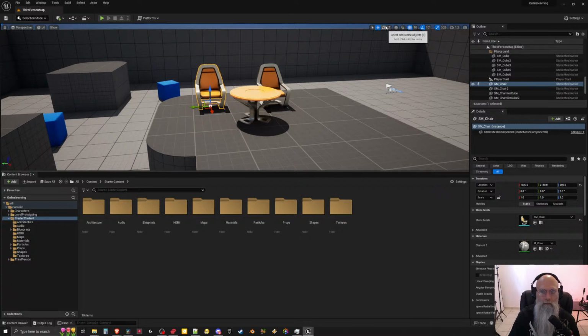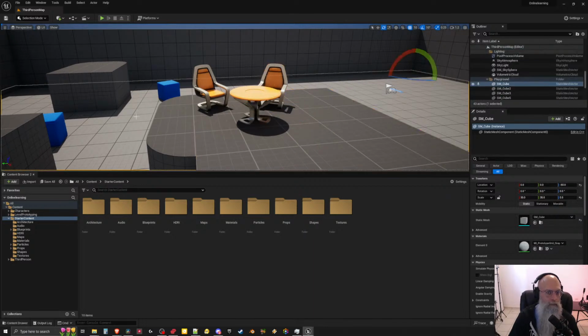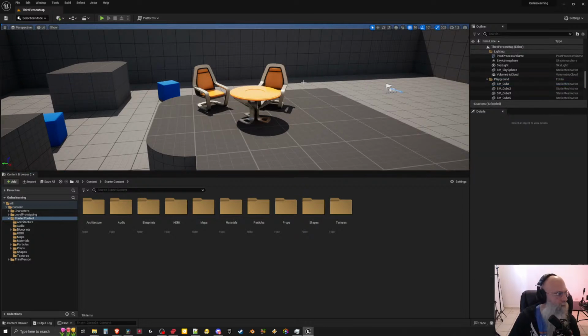In the top right, I mentioned before we can double click on the items in our outliner to go ahead and focus on them. Our outliner shows all of the items or the actors that are inside of our world. We can see we have the bushes we added in, we have the default items that came with our